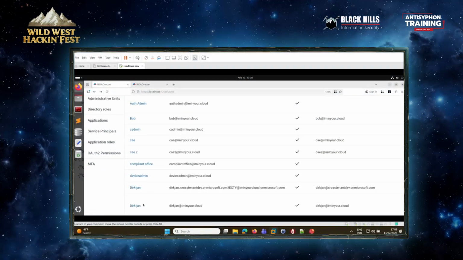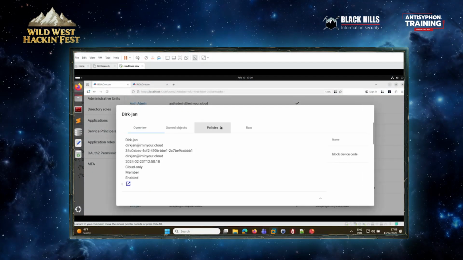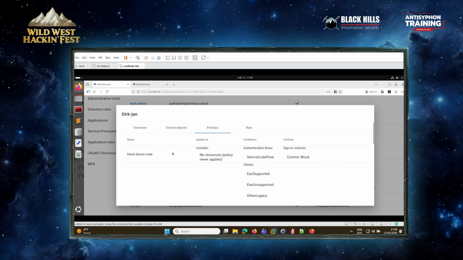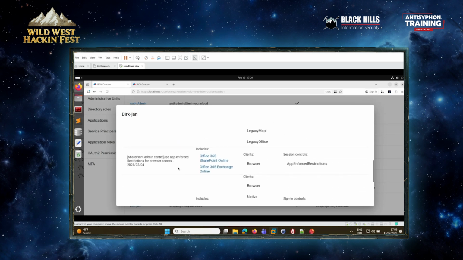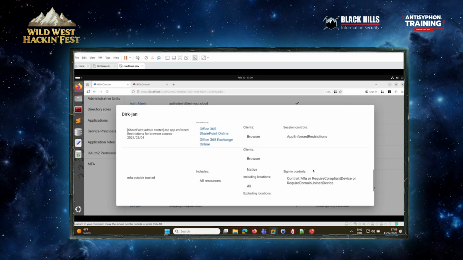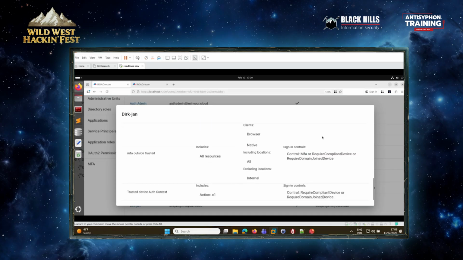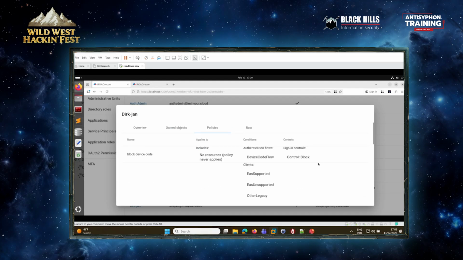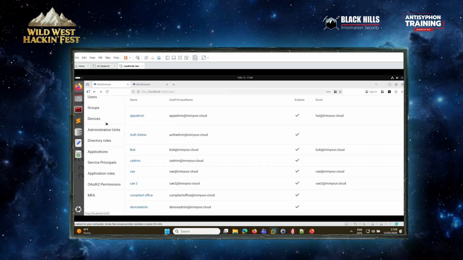So this tab basically shows you a scoped version of the policies that apply to this individual user. If I go here, for example, to my account, to the policies, there's a policy that blocks device code authentication, a policy for blocking legacy protocols. You can see what the sign-in controls are. And again, you can actually see this as a normal user. Even though I get it as an admin, a normal user can also see this. And now you have it scoped on a per user basis. So that's one of the main nice things. But this is still mostly the old data model.